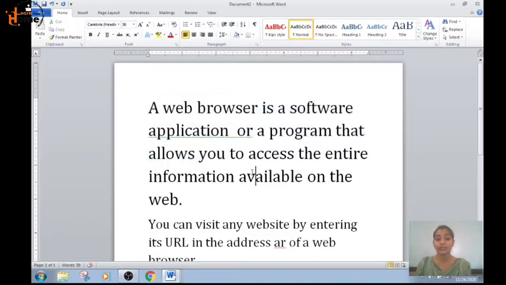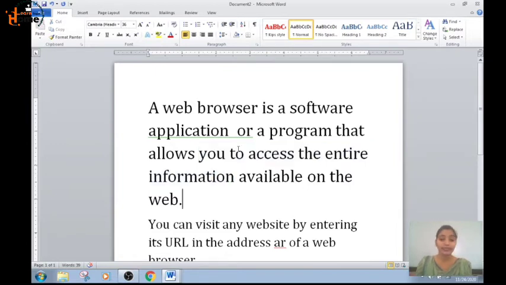The other way is you can click at the beginning of the text, press and hold the shift key, and click at the end. I have clicked on the starting point, and holding the shift key I click at the end, till information where I want to select, and release the shift key. See, only this text has been selected. In this way you can select a large block of text.